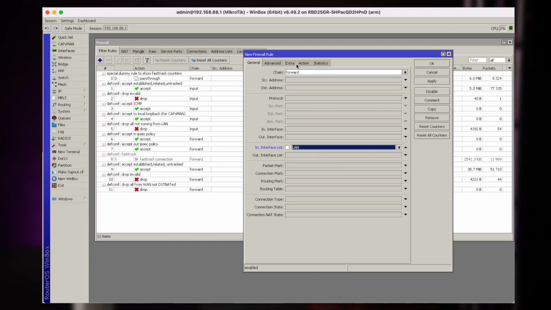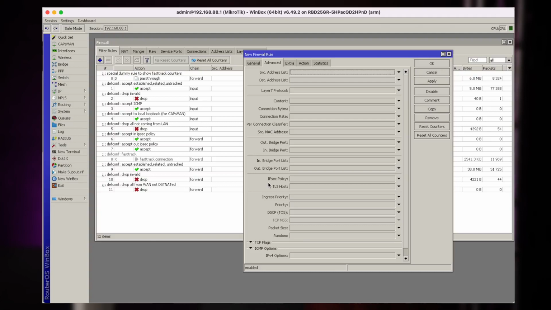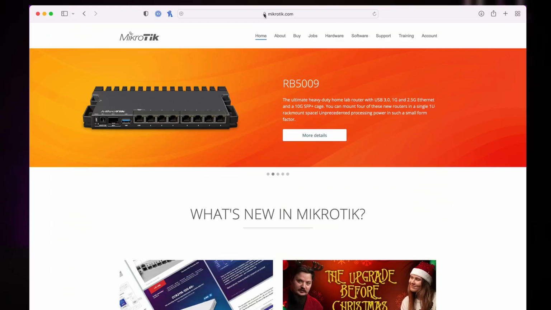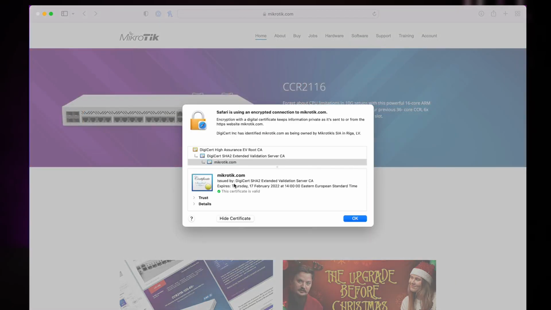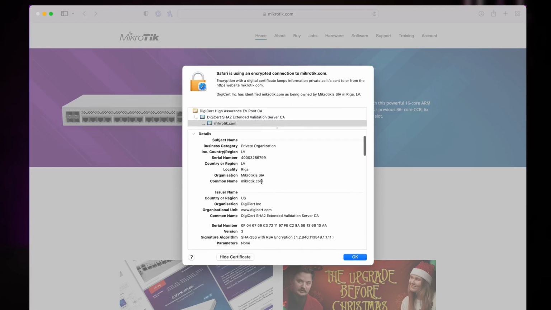So in advanced, we will go and look for TLS host. And in the TLS host, you can enter part of a domain name that you will be looking for. In this case, I'll type asterisk, MikroTik, asterisk. So it will look for any kind of domain names that contain the word MikroTik. And these domain names, we are looking at the SSL certificates of web pages. So here you can see the certificate is issued for domains